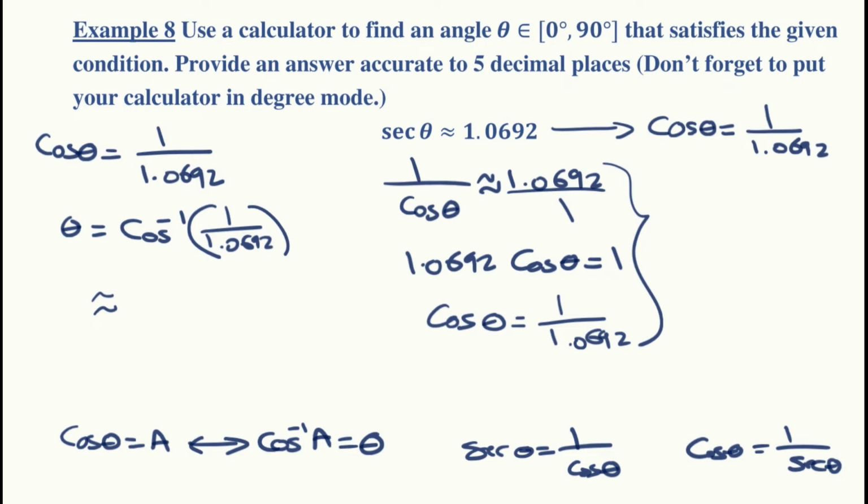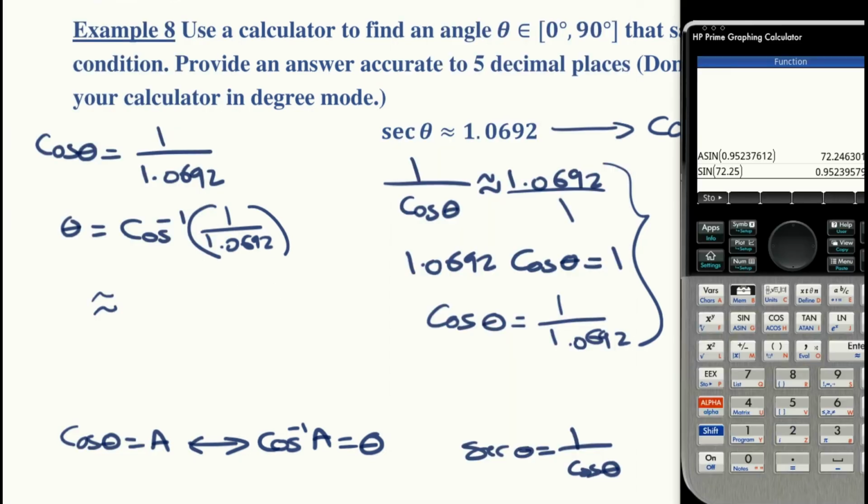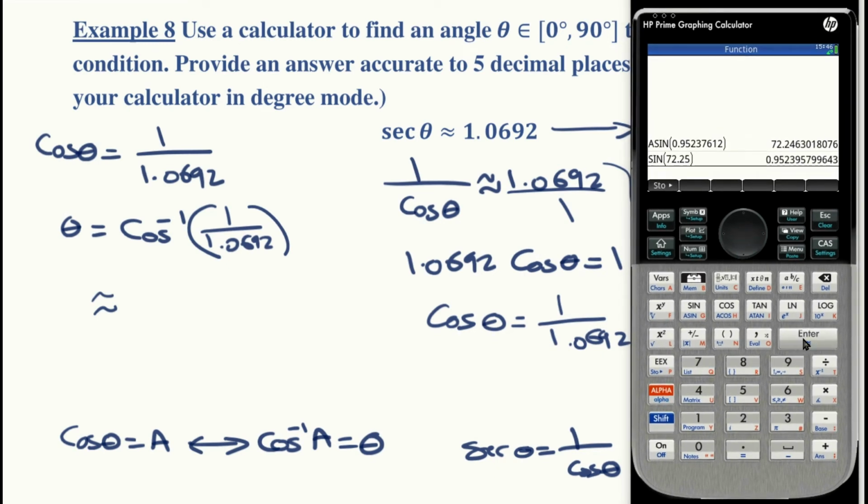So let's go ahead and bring back our calculator. We're going to do second cosine. That just means inverse cosine, arc cosine of 1 divided by 1.0692. Okay, make sure you type it in correctly, 1.0692. All right, now we hit enter. There's our angle. Okay, so theta is